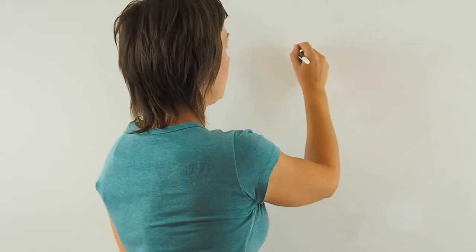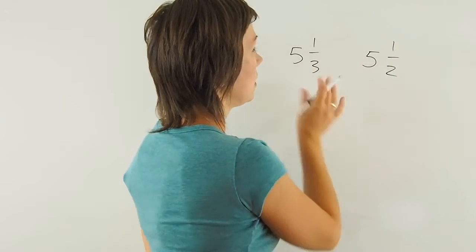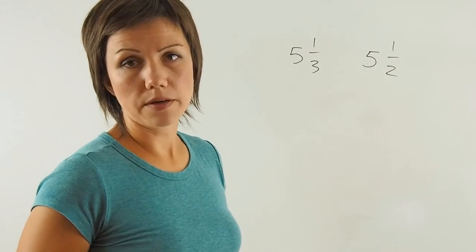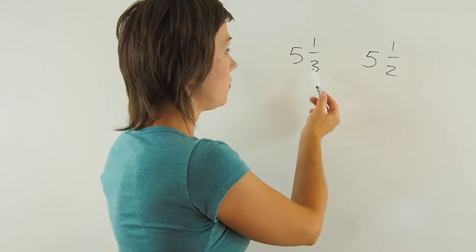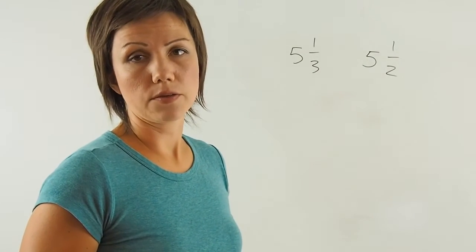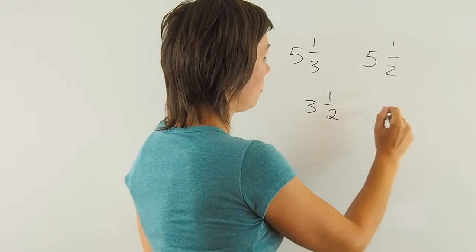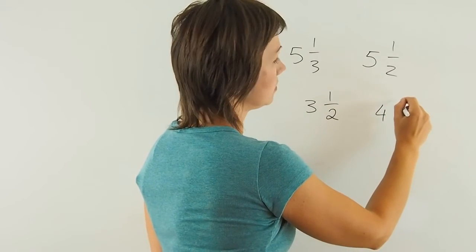Sometimes we want to compare mixed numbers. If two mixed numbers have the same whole part, ignore the wholes and just compare the fractions. Find the least common denominator and compare the numerators. If the whole parts are different,